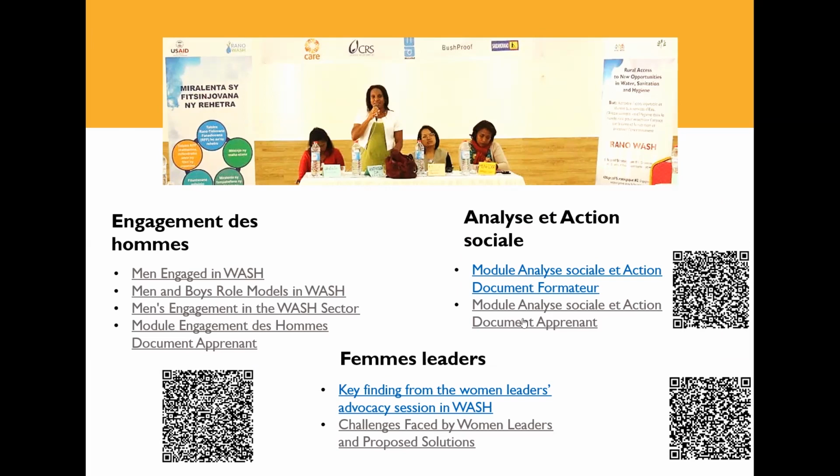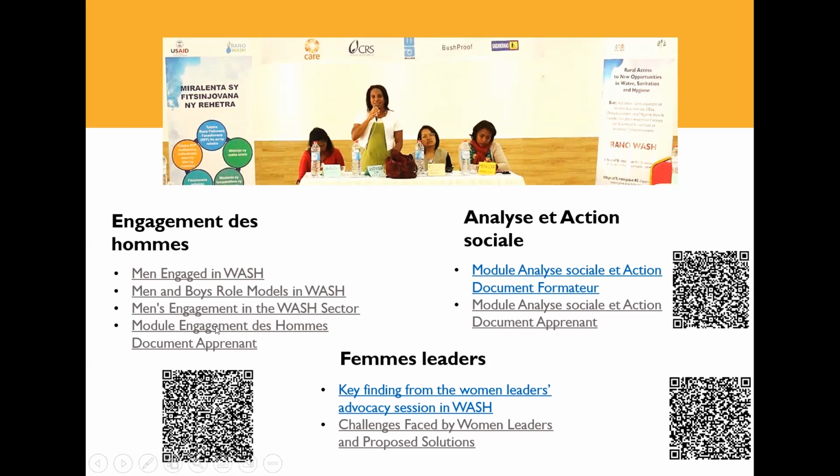So all these tools are available on the website, and the QR code can help you have access to those tools. This presentation will be shared on our website as well after the series of webinars this week. We're going to reorganize the files and the tools, and the tools that we mentioned here are all available